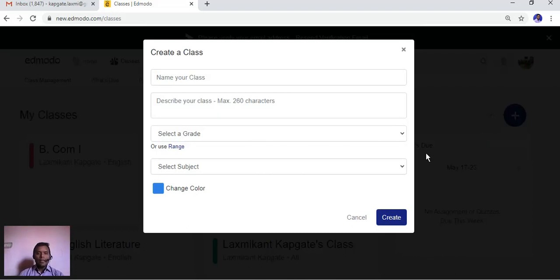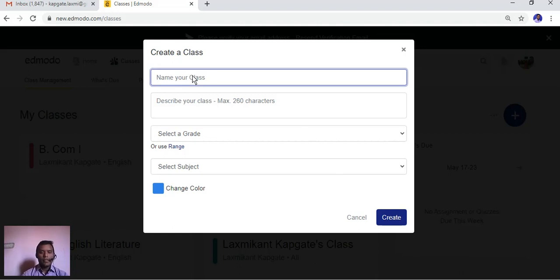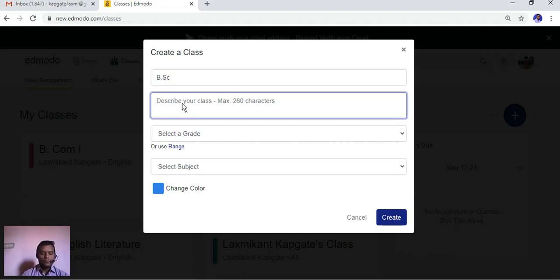When I click on create class, this pop-up window appears. I need to give the title and description of my class. For example, I teach BSc.